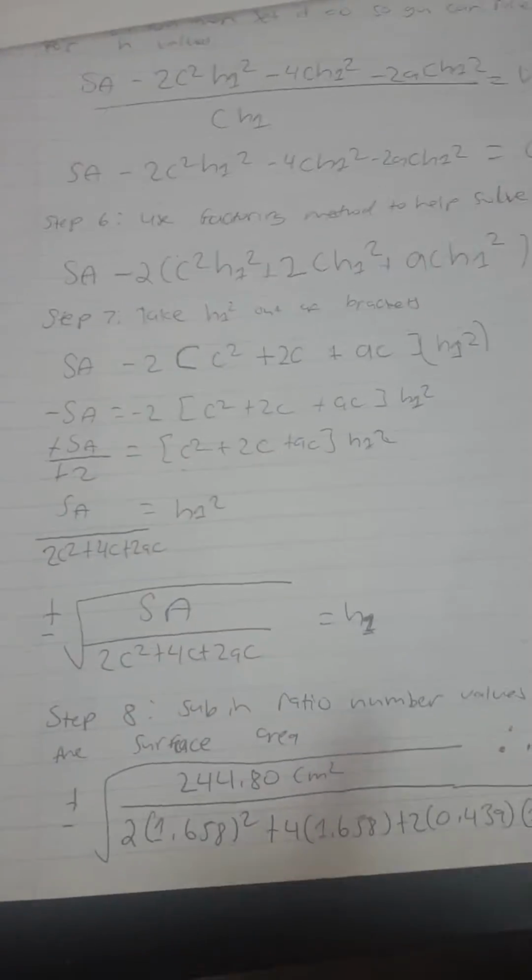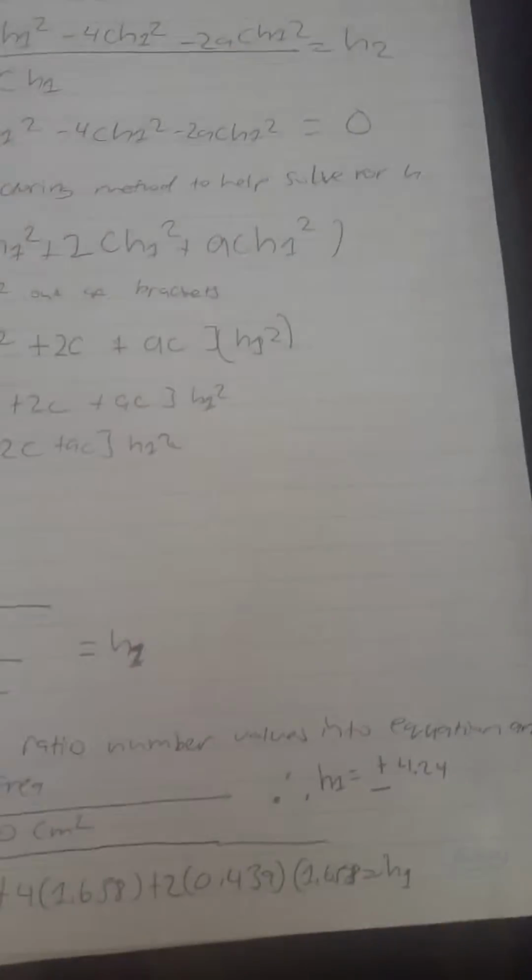So basically, right over here, you can see that I subbed in our values. Our surface area was this, and then I subbed in our C and A values, and that will equal to the positive or minus H1. After subbing that in, in the end it was 4.24. So it has to be greater than or equal to 0, but smaller than or equal to